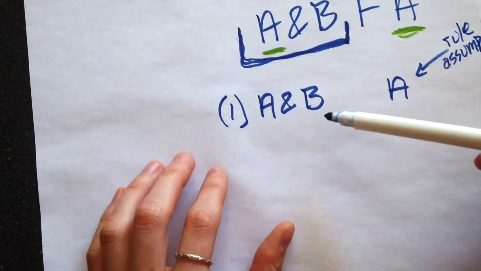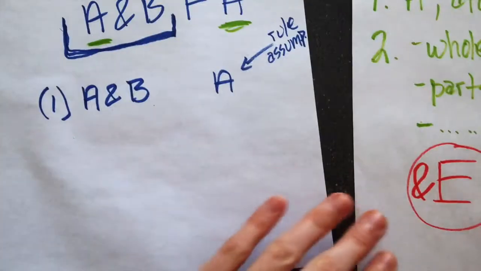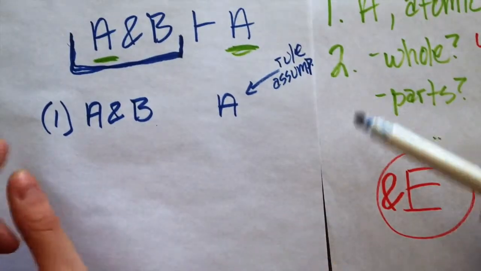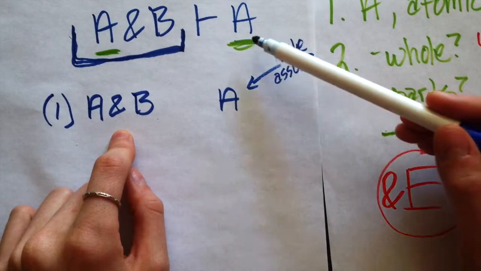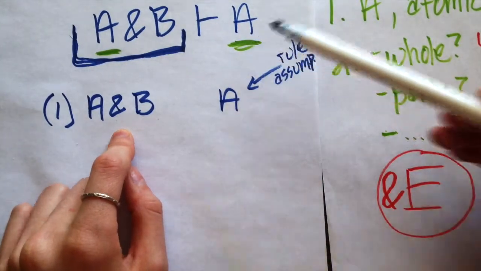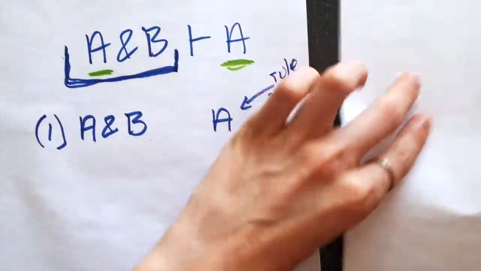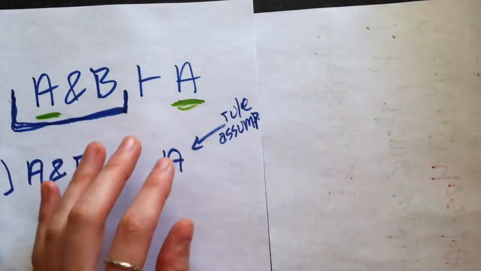We're assuming A ampersand B to be true, and now it is our job, keeping in mind the strategy that we identified, to connect, using the rules, this basic assumption with the conclusion that we're trying to reach. Okay. So, what I recommend is for you to write down